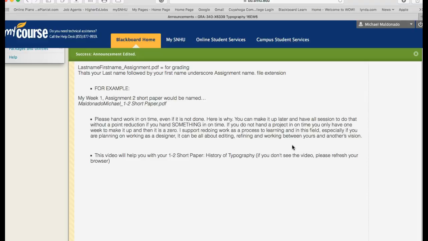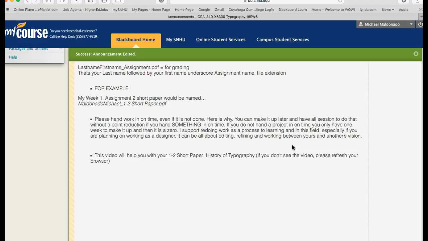the penalty. The other way, if you're not completely done with the assignment, submit what you have along with a note stating that you're submitting for what you have, because that does not by any means give carte blanche to anybody to turn work in late. That's not the idea here. If you turn work in late, you'll be penalized for it.